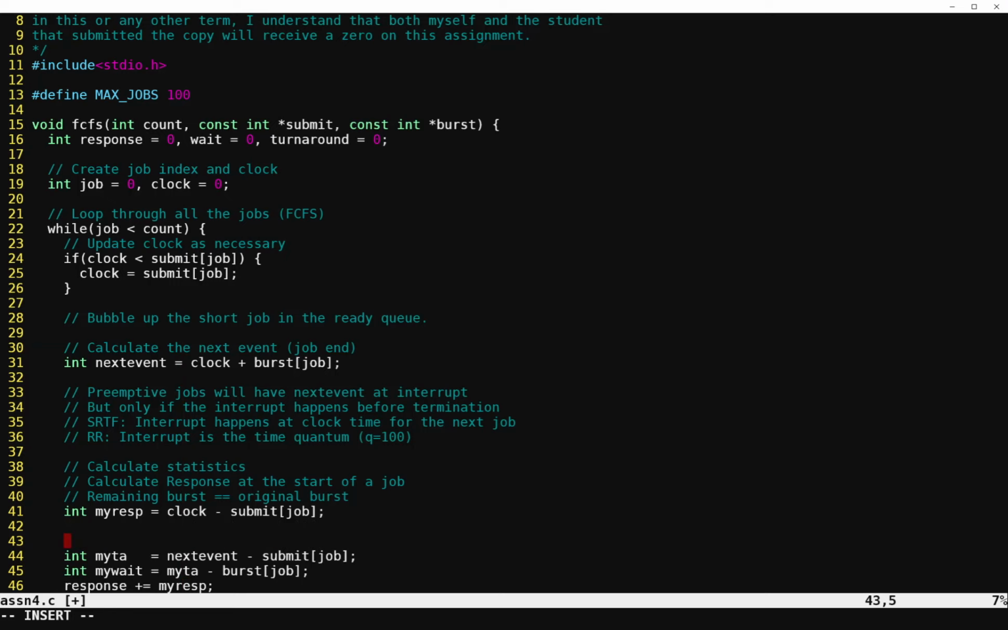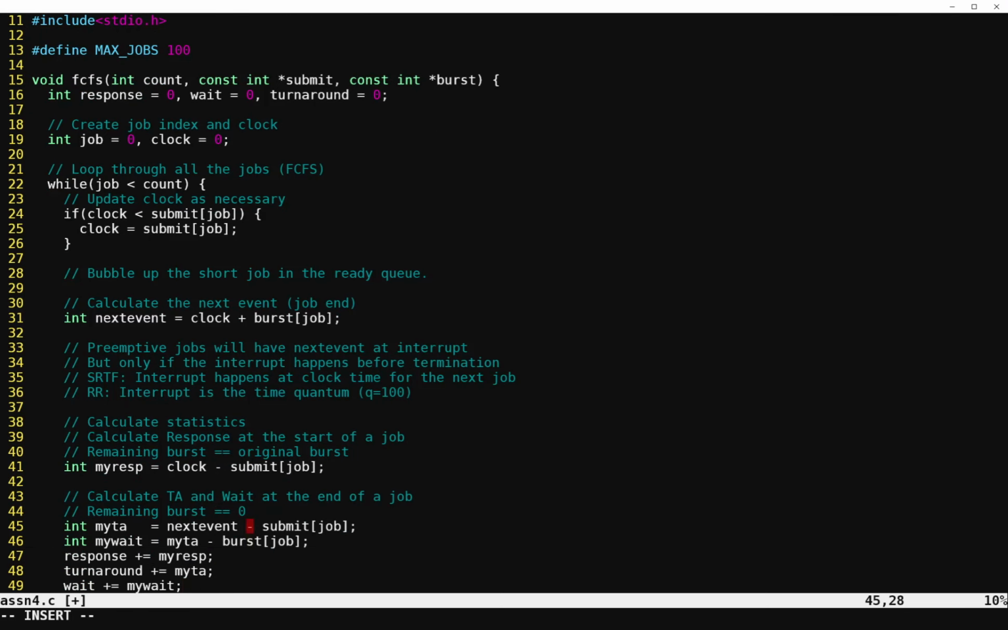The turnaround time and wait times, these you will calculate at the end of a job. And this is going to be when the remaining burst time is 0. And of course, you'll be subtracting the burst time before you figure this out. Or the remaining burst time